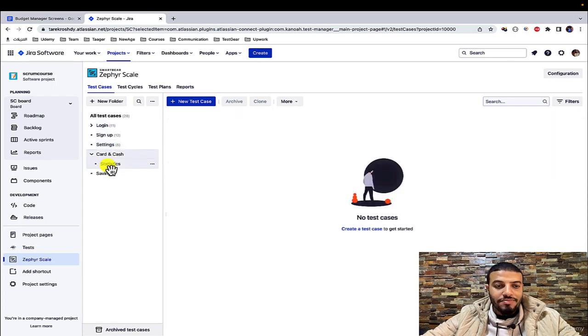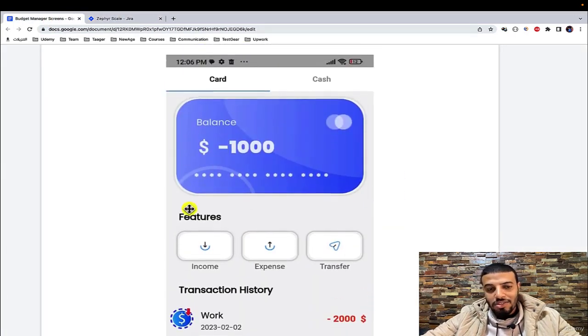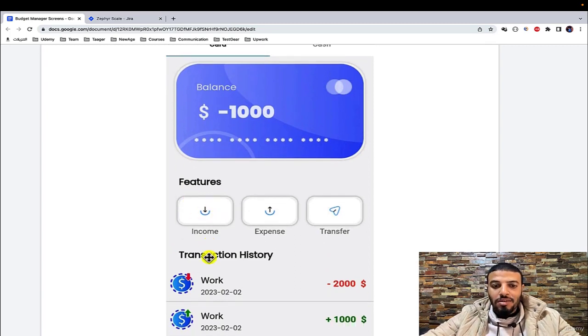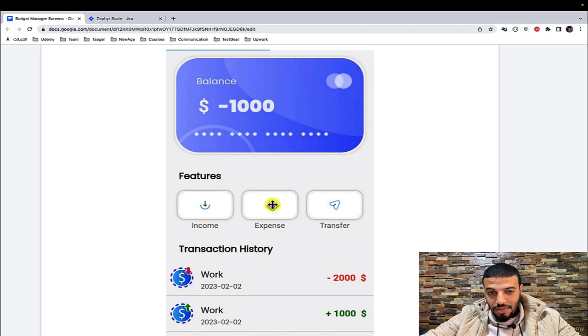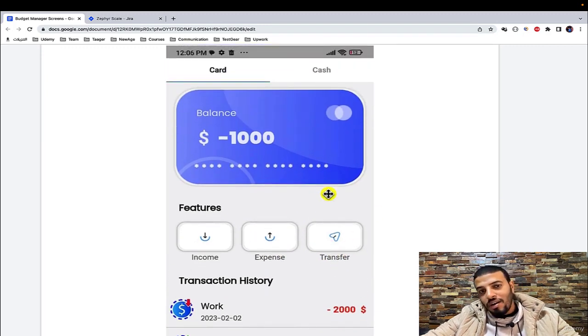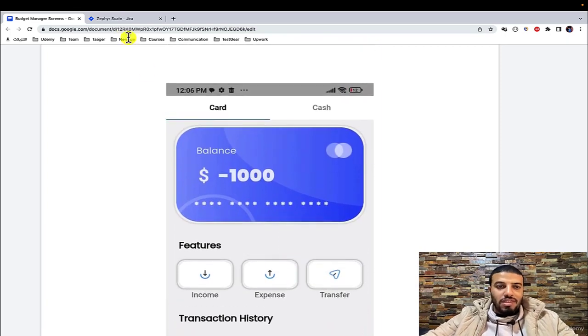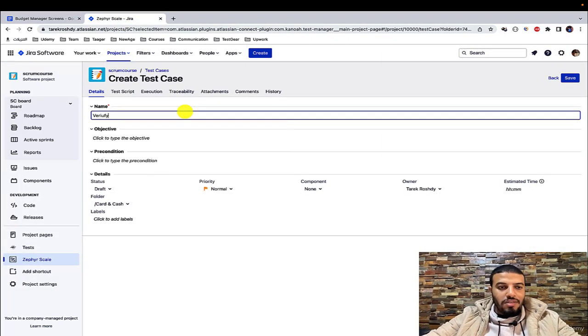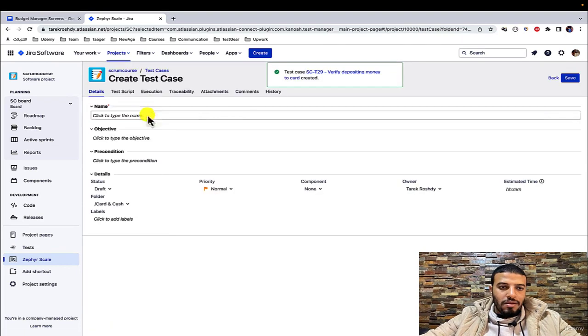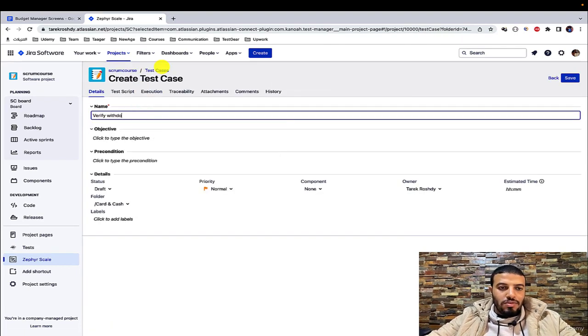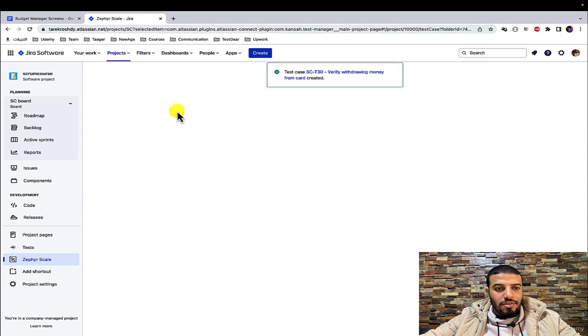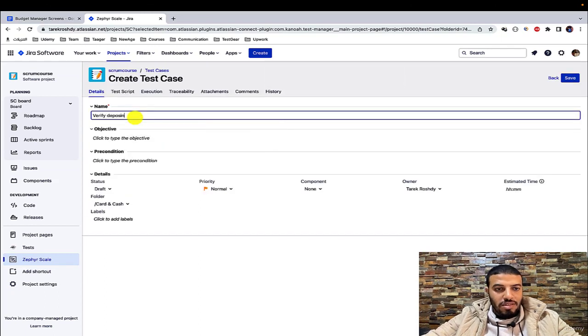So then we have card and cash. So here, like we said, in card and cash, we can add money from income. We can expend money, okay, or withdraw, and we can transfer money from card to cash or from cash to card, okay. So let's say, for example, here, verify depositing money to card, right? Second thing, we will verify withdrawing money from card, okay. And also we have verify depositing money in cash, and then